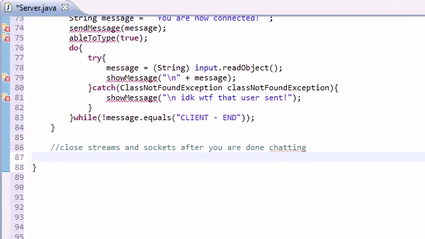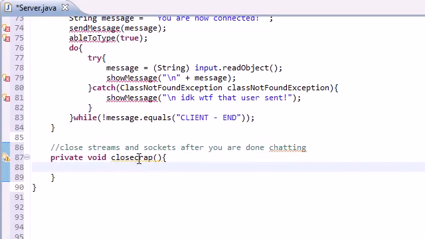Looks pretty good. So we'll name this, of course, don't have many choices, public void close crap, and obviously we have to build this ourselves. Java would not be ridiculous enough to name something close crap, although I wish there was a built-in method called close crap, because that would just make my day. But anyways, the first thing we want to do is give the user a prompt that says,